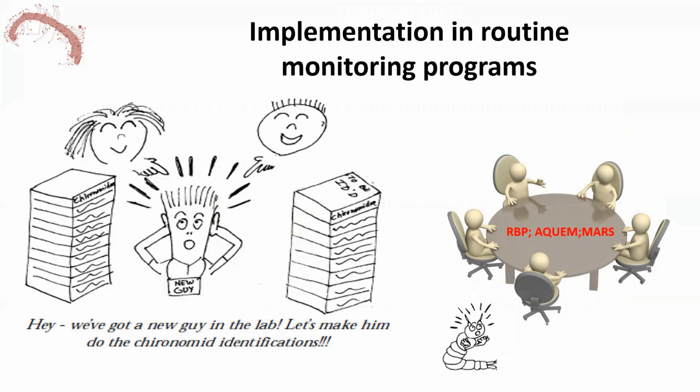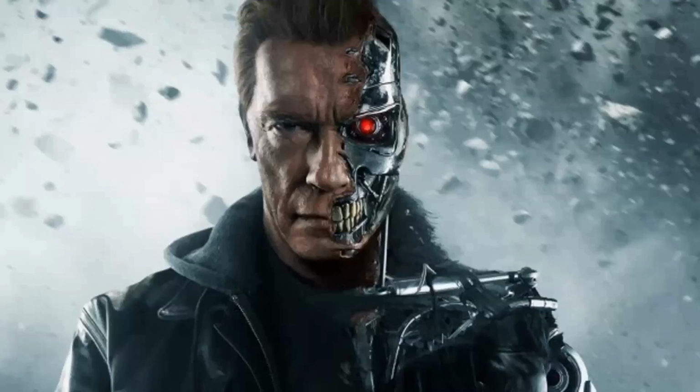So we wanted to change this, and we decided to call machines for help. Of course, we called IT experts, and we wanted to use artificial intelligence to sort out